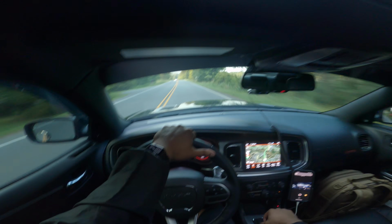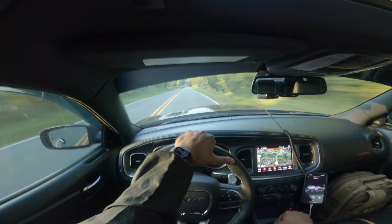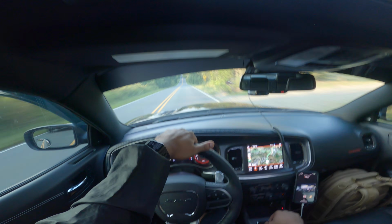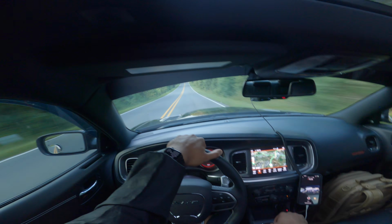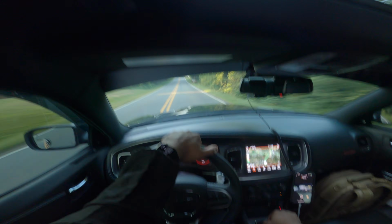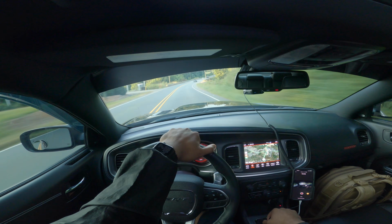Once again, CarLock is telling me I'm doing too much acceleration. One thing I will say about this car compared to a Scat Pack is the suspension is so stiff. I feel so planted in this car. I feel 100% planted. When I turn these corners, it's right there. And then as soon as I get on the gas,